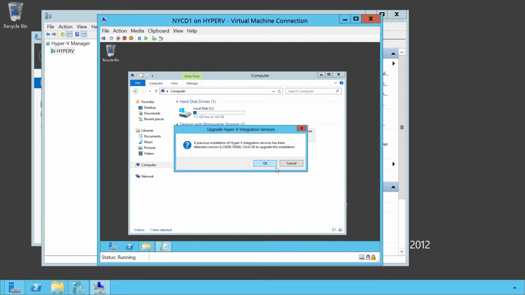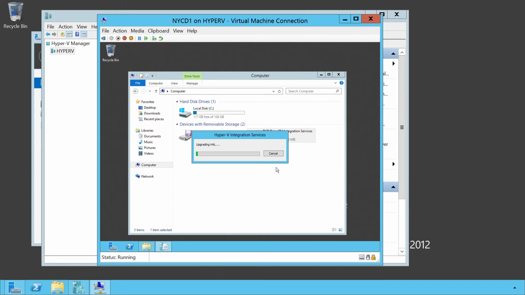If I move a virtual machine from another server, it is worth taking the time to check that you have the latest version of integration services installed on the virtual machine. Having a newer version of integration services on the virtual machine will improve the performance of the virtual machine. The install is quite simple. Press OK and the setup will do the rest. A number of device drivers will be installed, and once this is complete, the system will ask to be rebooted.